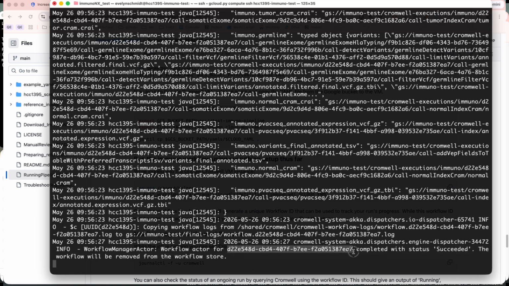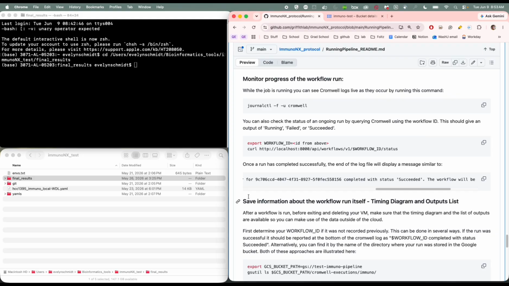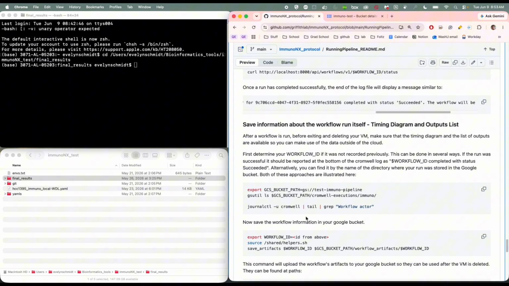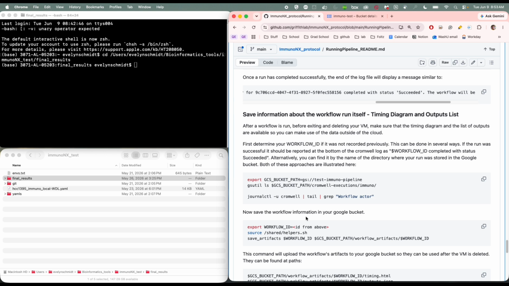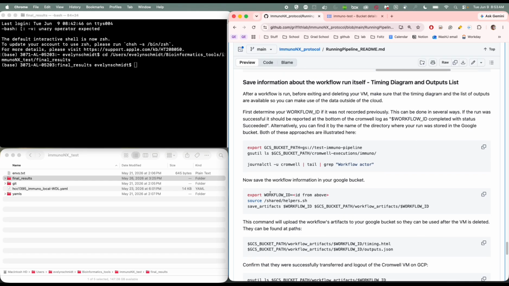So once you see the succeeded status, you can now pull all of the outputs. So we move to the next section, save information about the workflow run itself, and this will give you the timing diagram. This is how I knew how long overall the pipeline took to run, and also gives you some other useful information for seeing how long some tasks took. So I'll show a video of me doing these steps, but